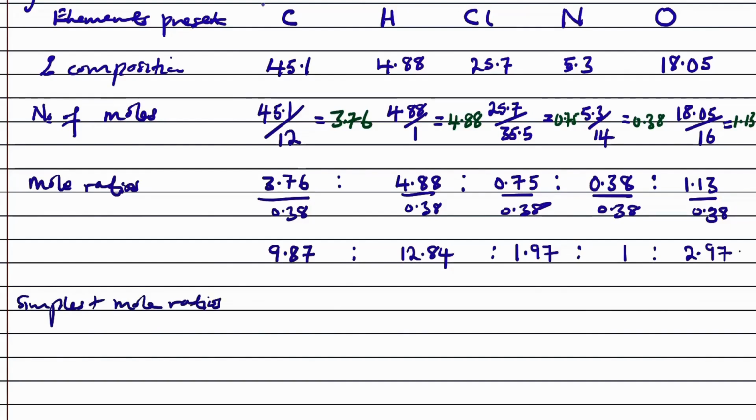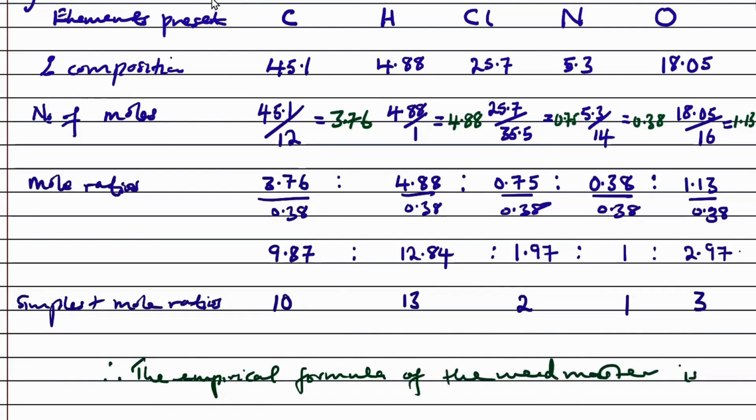Then we need to get the simplest mole ratio. We need to make them whole numbers. This one is approximately equal to 10. This one is around 13. Then this one is around 2. This remains 1. And then this is around 3. So these are now the simplest mole ratios. Remember, they want us to get the empirical formula. So we can now deduce that the empirical formula of the Weedmaster is,